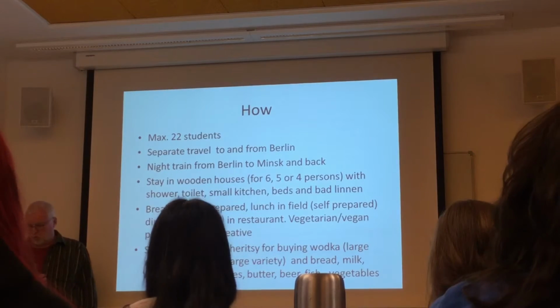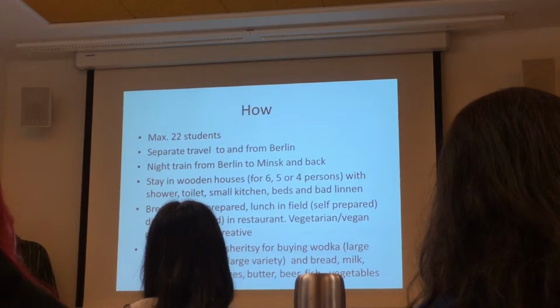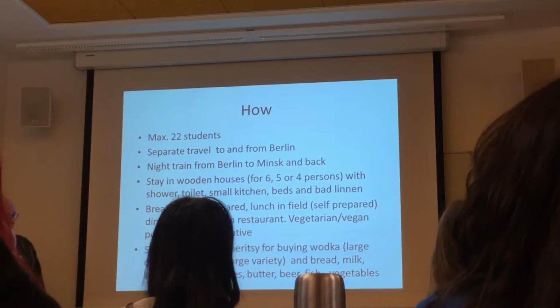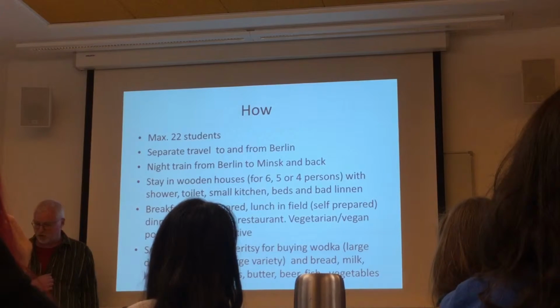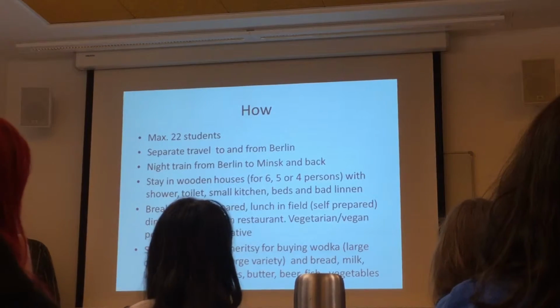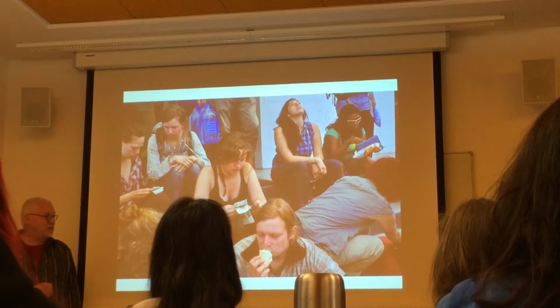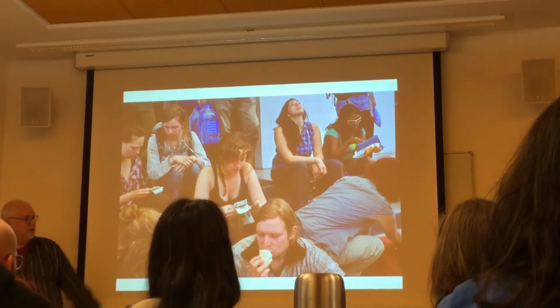They also have a small shop in the village where you can buy specifically vodka, enormous diversity, biodiversity, a large variety, and some bread, milk, cheese, kefir, sausages, butter, beans, fish, and vegetables. So there we can buy the basic ingredients. After the excursion, we go first to the shop to buy an ice cream. Yeah? The typical Russian ice creams.